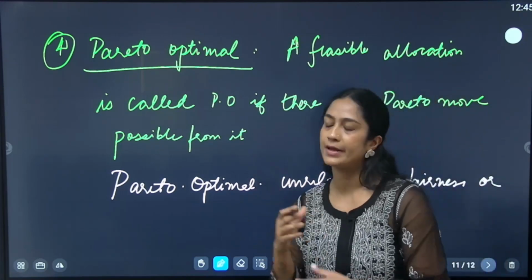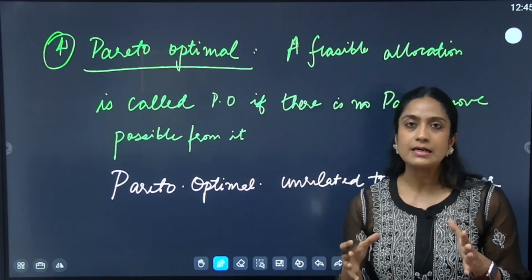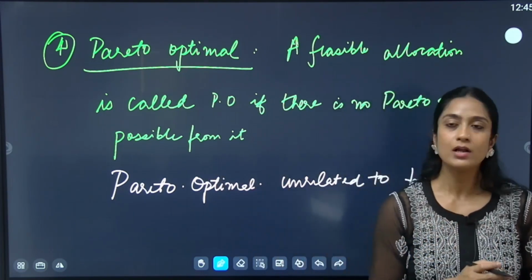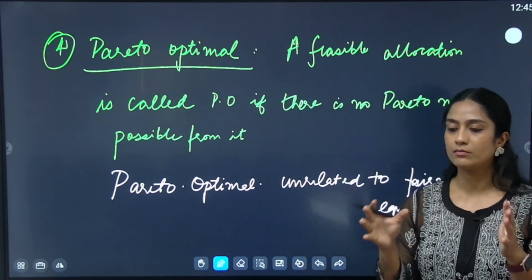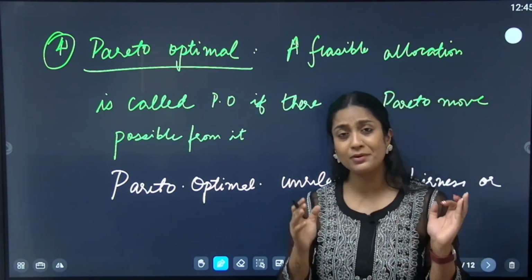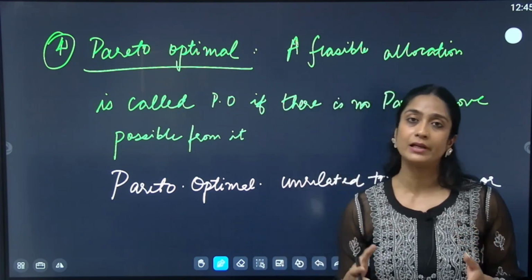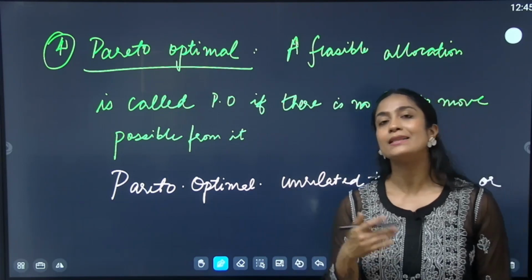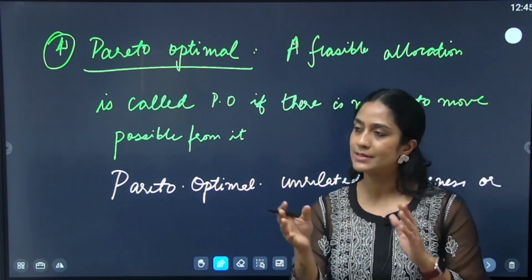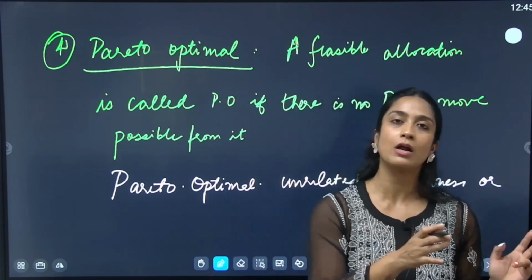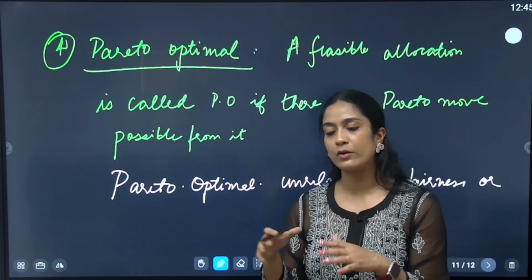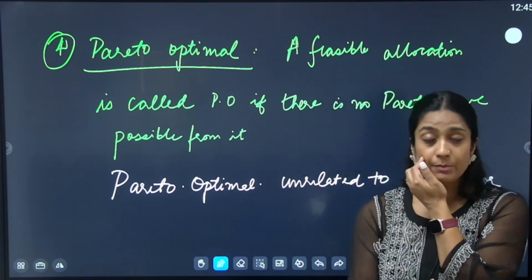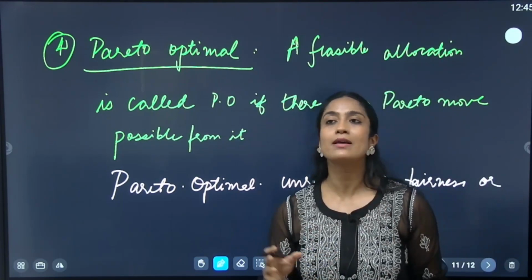Think about the case where Fiza has all the rum and all the bread, right? So Fiza has the entire amount of bread that is available and the entire amount of rum that is available, the total of X and Y. This point is Pareto optimal. And the reason is that if you wanted to give some of that bread and some of that rum to Rahul, in an alternate allocation, suppose you wanted to allocate some of that bread to Rahul, some of that rum to Rahul, the important point is that Fiza